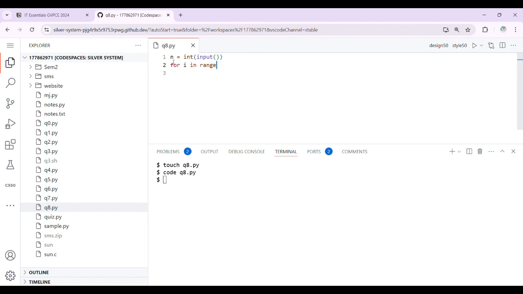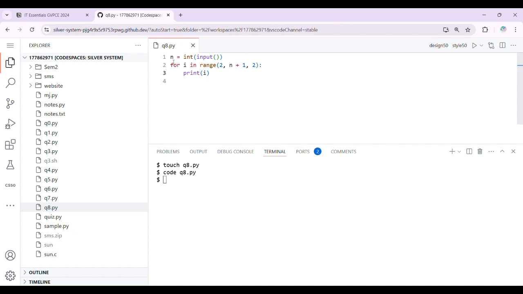For even numbers it has to be in the range between 2 comma n plus 1 comma 2. We have to put the colon to apply the condition. Type the print statement, we have to print i,